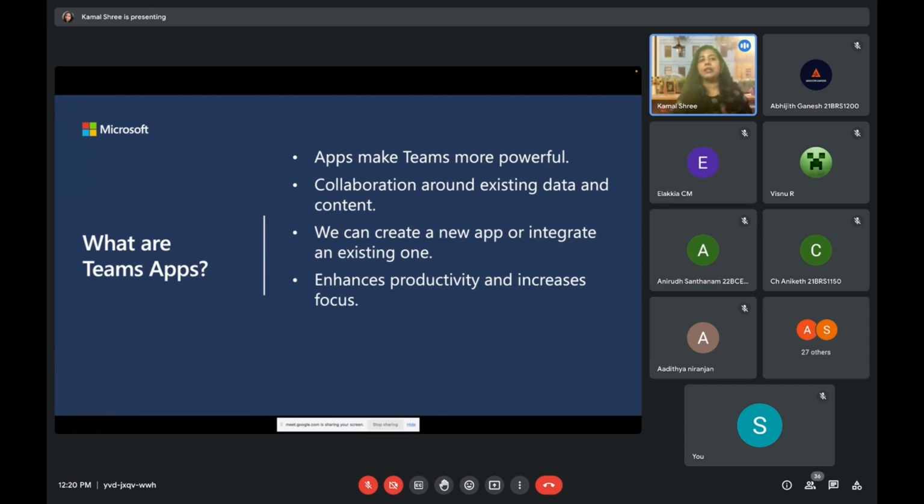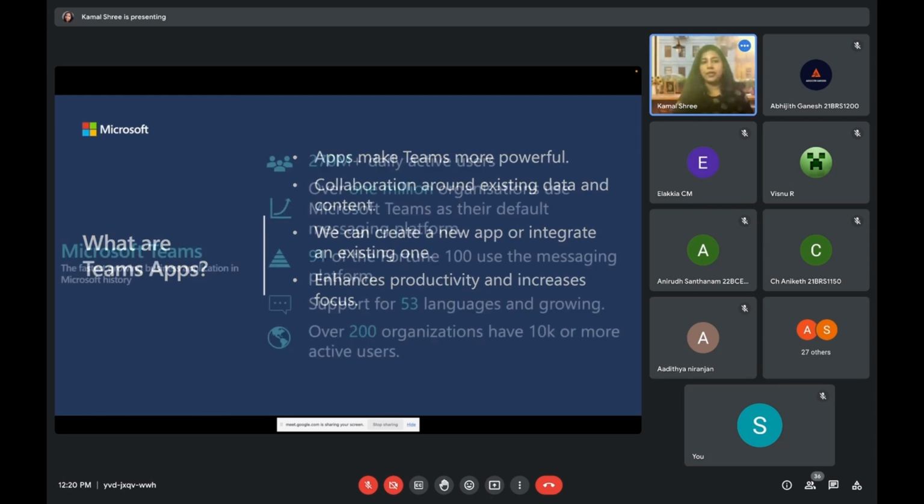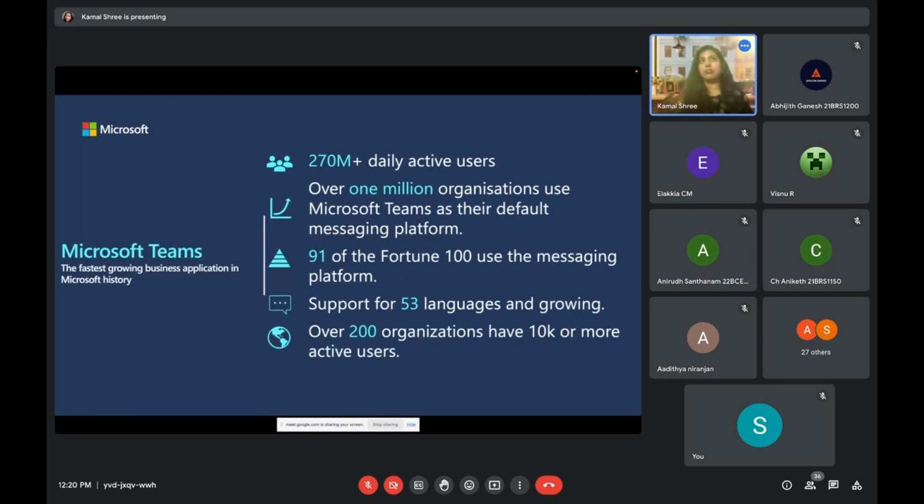It's not about building just a new app like Hello World, which we are not looking for. We're looking for how interesting and innovative solutions are going to come. And definitely this will lead to a productivity increase, right? Now, if you look at the two or three layers beneath as to why these things are happening, you can see that in a nutshell, we have almost 270 million daily active users.